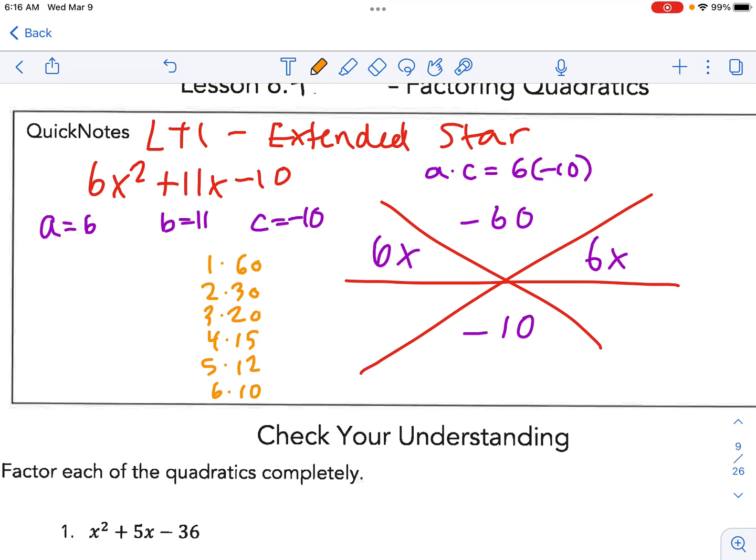That's enough. Wow, that's a lot of factors. So now, observing here, we have a negative product, and the only way to get a negative product is to have signs that are mismatched. And then we have to make a negative 10. So we need two factors that when we subtract them, we get a negative 10. And so looking through these choices,